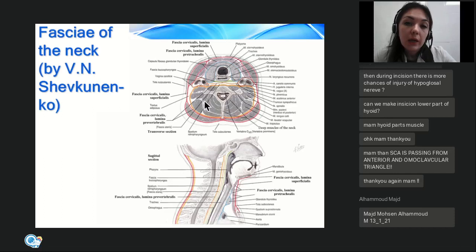And here in the neck, they are 5. Actually, they are 5 according to the Russian anatomist Shevkunenko. According to international anatomic nomenclature,